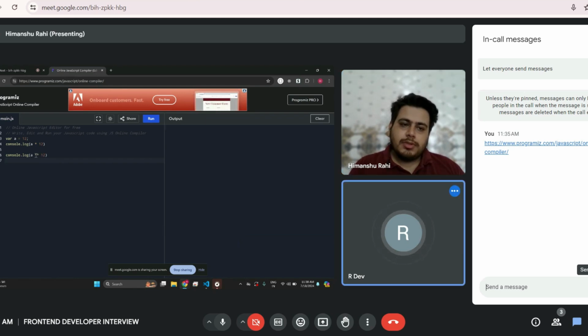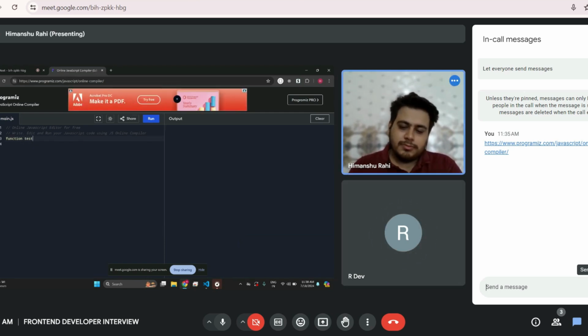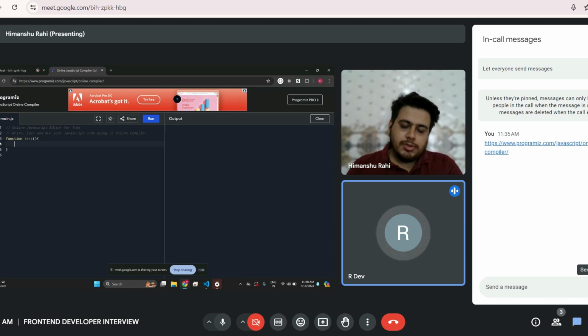Okay, no worries. Can you create a function? Just create a function. Inside that function, write whatever, write salary. Don't write any type of it.